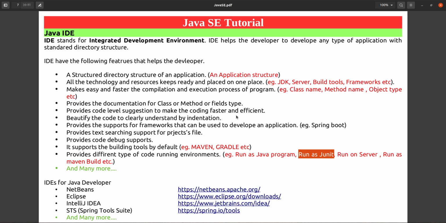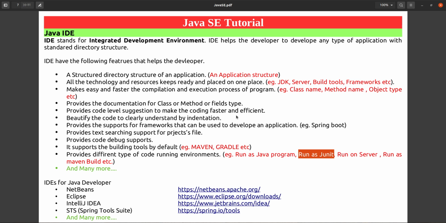Unit testing will happen at the developer level only. The developer has to do unit testing for his own code. For that purpose there is the JUnit library. You can use that JUnit library and write your JUnit code separately, and that code will test your code.